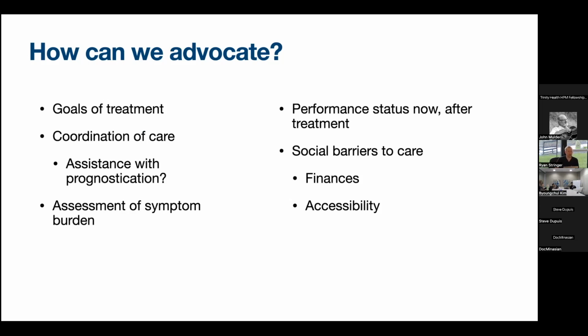It's really not my comfort level, despite going through fellowship here, having the prognostication discussions from a standpoint of a tissue diagnosis and typically how long patients survive. But I think that we can at least have the voice in that conversation to ask, does this make sense? We can provide a more comprehensive assessment of the symptom burden and not necessarily just look at the tissue diagnosis and what patients have. And, well, you have a certain type of cancer and we treat that with radiation therapy because that's what patients with this type of cancer get. But really asking the question of, what is the quality of life going to be like after this is delivered? And then having an assessment of the performance status right now,